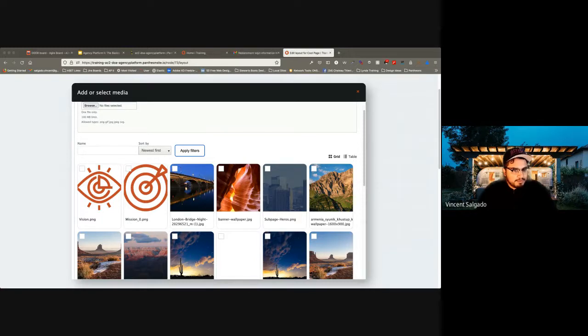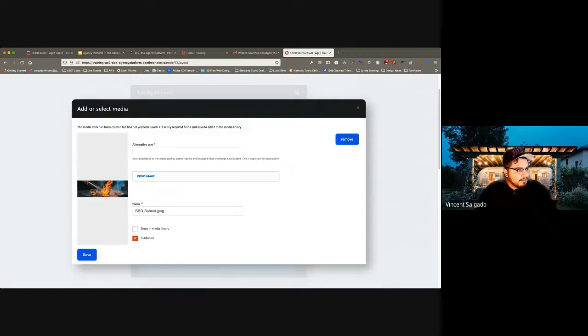Again, we will use something called barbecue banner. So here we go. So this is what's supposed to happen, right? So when I upload an image, you'll come across this media admin menu that shows for this particular image